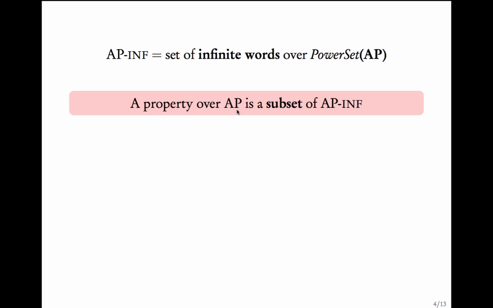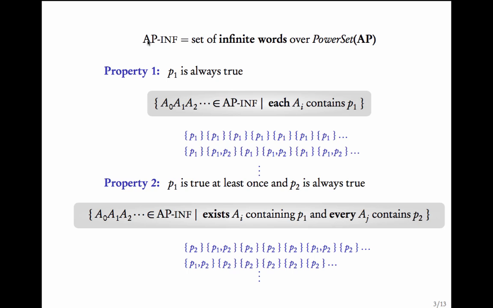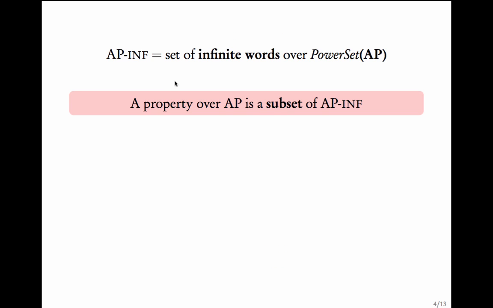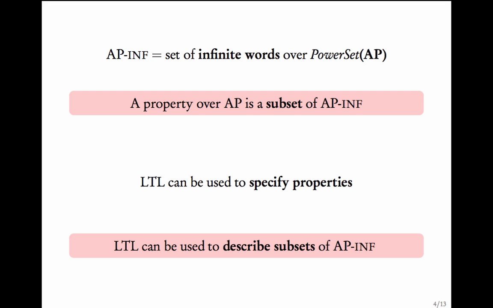A property over AP is a subset of AP_inf. AP_inf is the set of all possible words and a property filters out some words from this set. So a property is a subset of AP_inf. We claimed in the previous module that LTL can be used to specify properties, which means LTL can be used to describe subsets of AP_inf. Essentially,